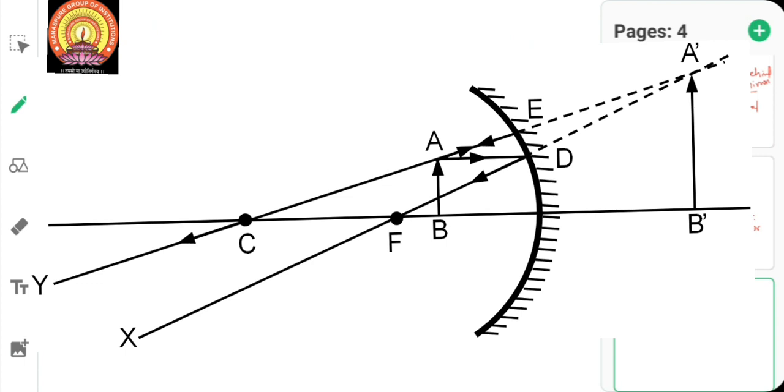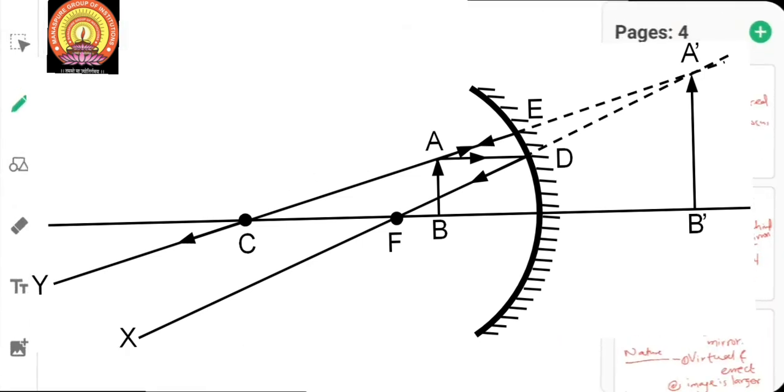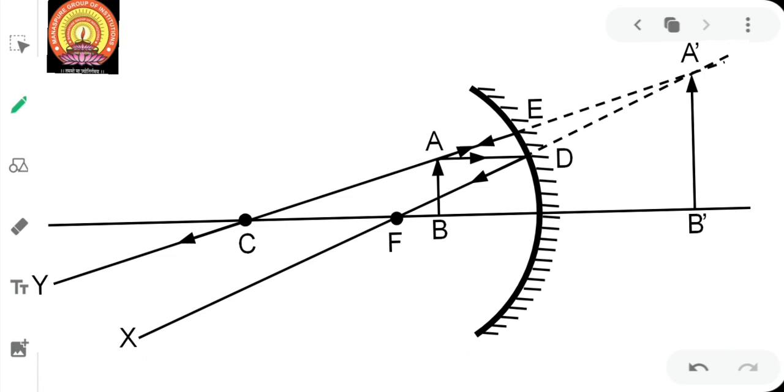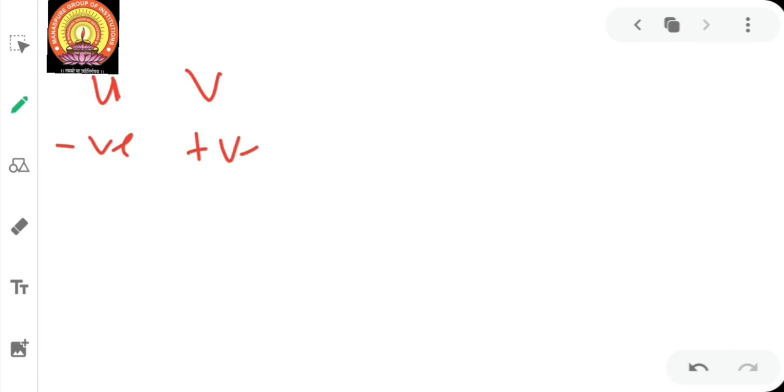So now, yesterday's things: the distance of the object, which is over there on the concave mirror. On the concave mirror it is on the left side, so therefore we can say that the distance of the object is negative. Then the distance of the image, that is on the right side, that is positive. Then there is a focal length. The focal length is also negative as per the concave mirror's law.